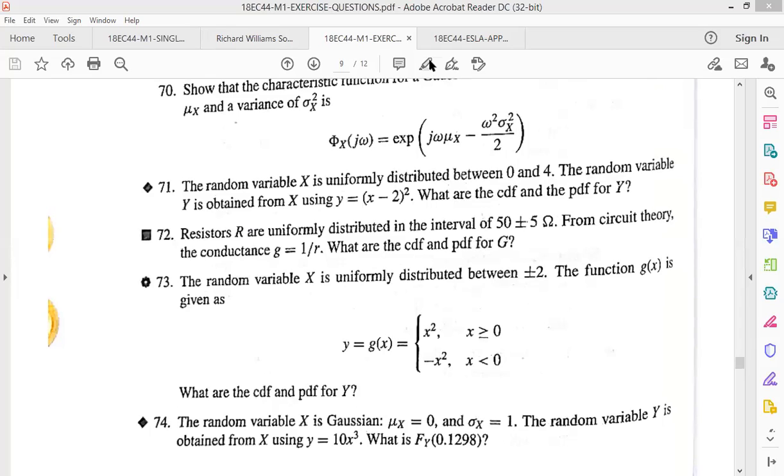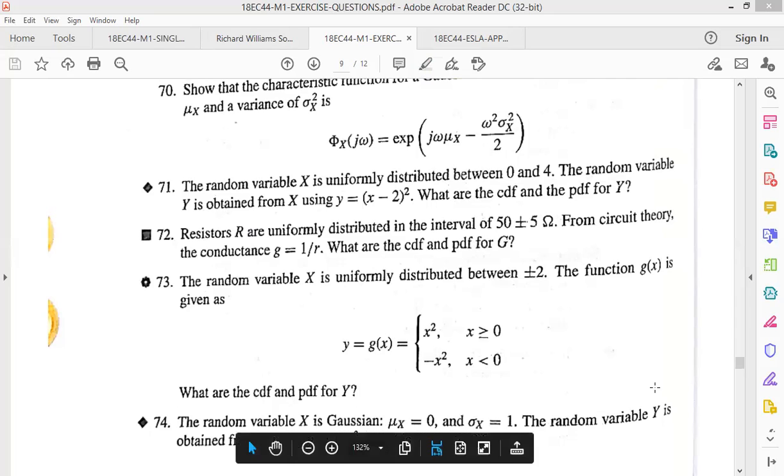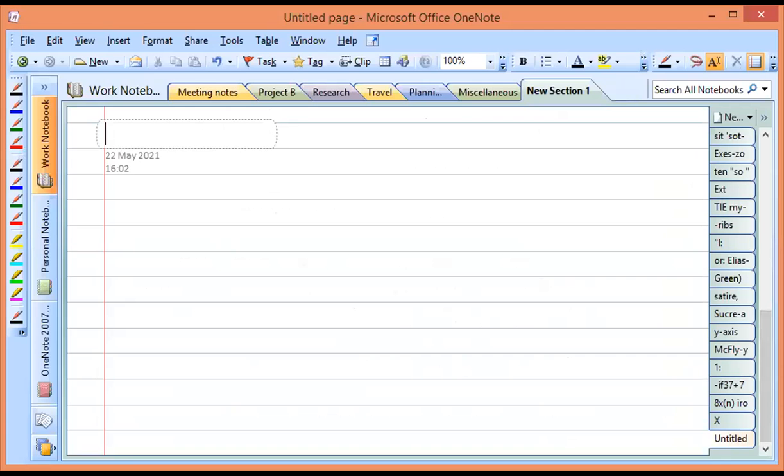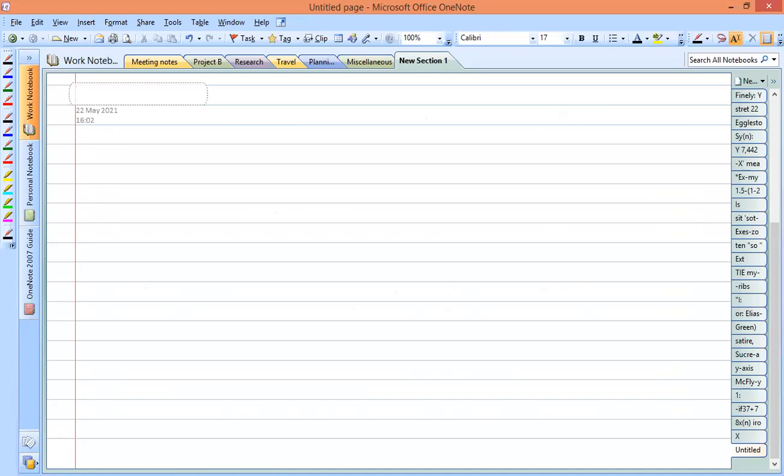So the solution for this I have put in the group. You just go through it. Once again, I will be explaining here with the help of the chart and all. So here we are given a random variable x. I'll be doing it fast.